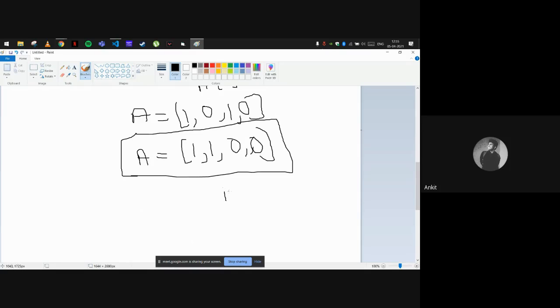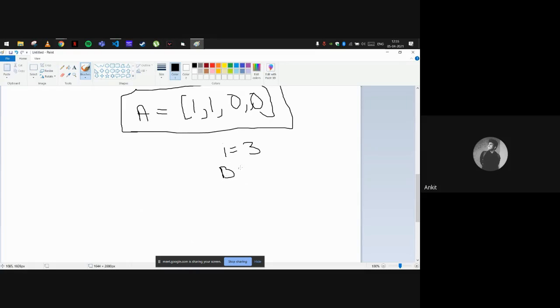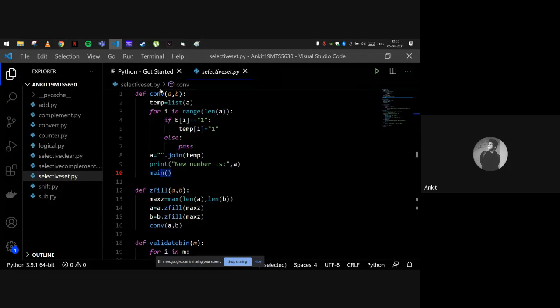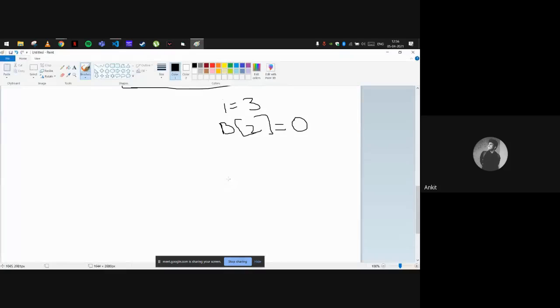Same for i is equal to 3, b2 is equal to 0. So we will pass this case, just as we have done here, else pass. And same, i is equal to 4, b3 is equal to 0.